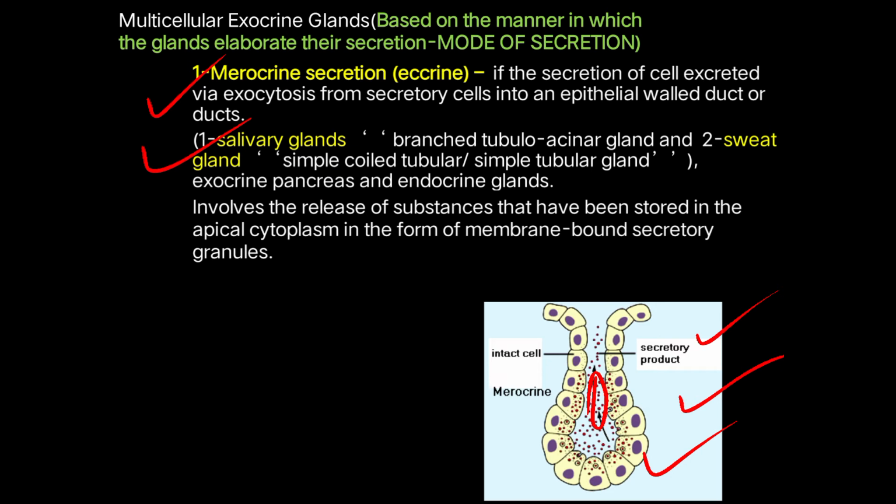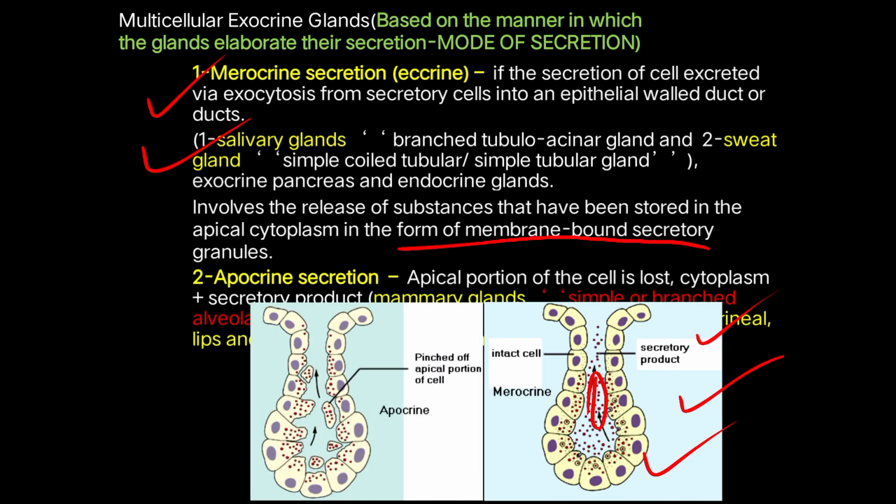Exocrine pancreas and endocrine glands involve the release of substances that have been stored in the apical cytoplasm in the form of membrane-bound secretory granules, and they are examples of this kind of secretion. After that, apocrine. In this case, we can find that the apical portion of the cell